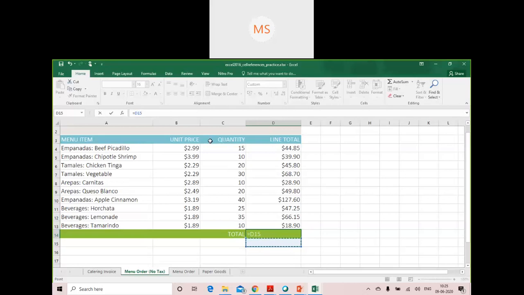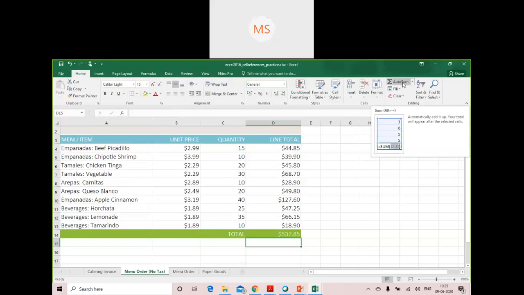Now here I have demonstrated with an example how to make use of this formula box for entering functions. Instead of that, if you want to make use of a function, you can directly go to the Home tab. In the Home ribbon, you can just go to AutoSum. AutoSum is the option from where you can insert multiple functions.